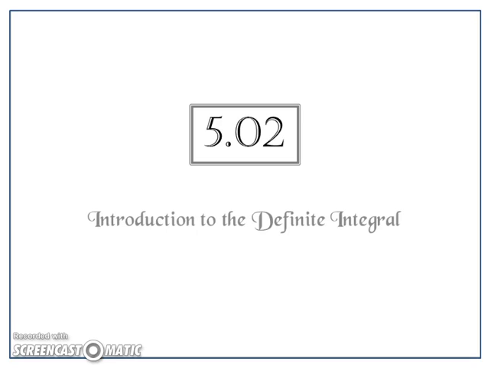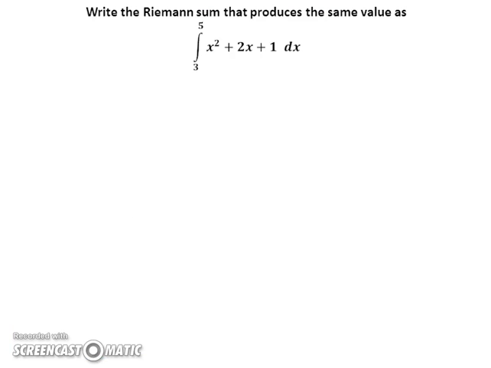In this video, we're going to start with a definite integral and then write it as a Riemann sum. Let's do our first example. Write the Riemann sum that produces the same value as the definite integral from 3 to 5 of x squared plus 2x plus 1. Okay, so here's the limit definition of our Riemann sum,